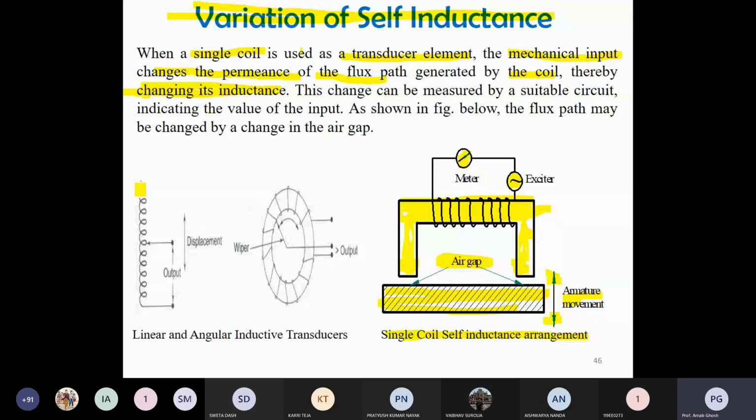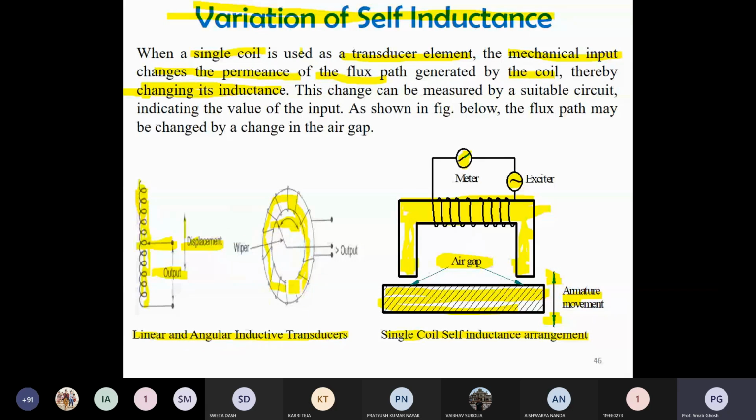Another point, you can see that inductor coils are there, and you are fetching the output from that coil. That is your slider, the movable portion. So there is displacement of that wiper or slider. Here the vertical displacement is shown. Here it is a circular path, then circular rotation, so it is rotational. Here you can see translational and rotational, or you can say linear and angular inductance